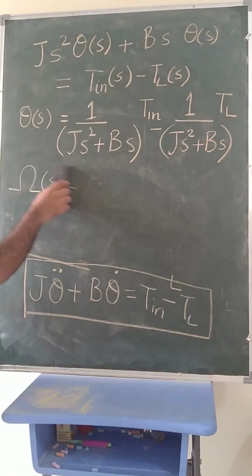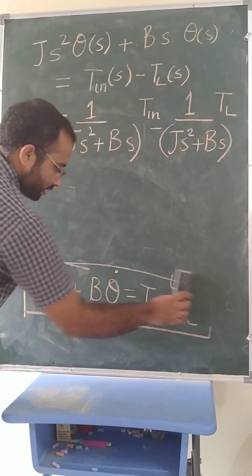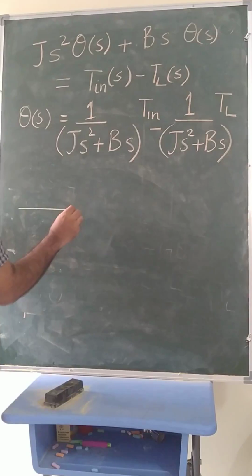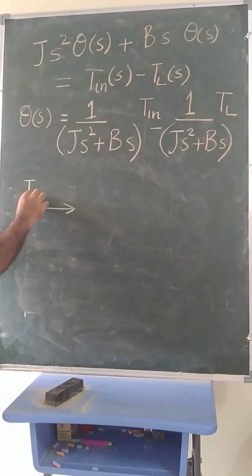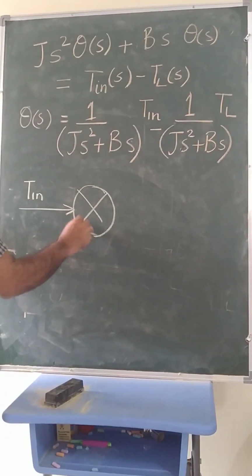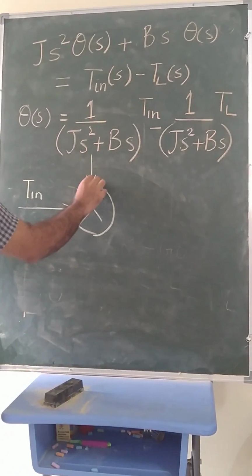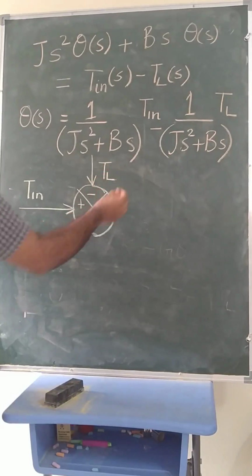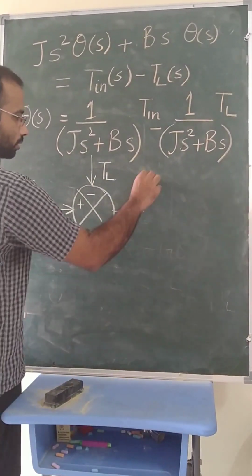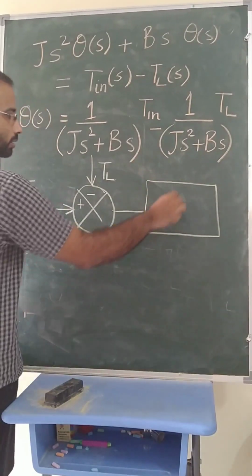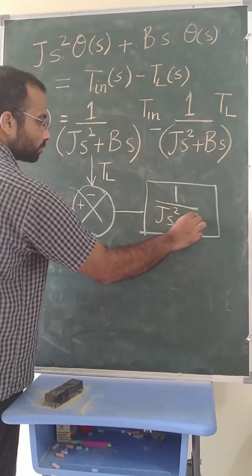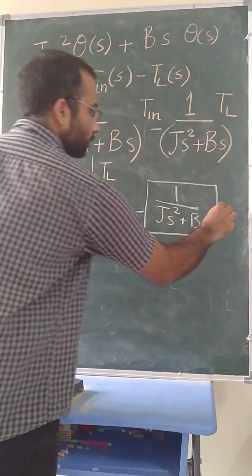How can I show it in block diagram fashion? Very important. So that is, this is the input torque, this is the disturbance torque, you can call it in control terminology, or this is the load torque, and this is your dynamics of the shaft, and your output is